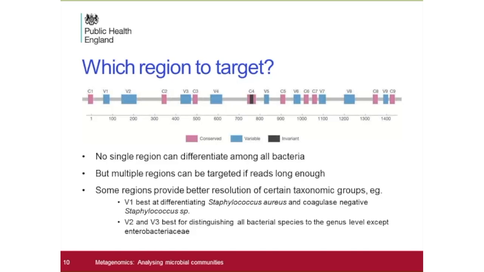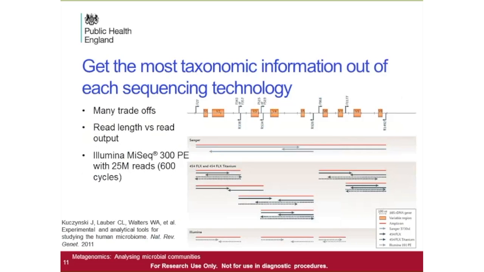And similarly, each area does have its own bias and its own region where it can cover. So therefore, it is quite important to get the most of taxonomical information out of a sequence technology. And as a result of that, being able to cover more than one variable region is vital. Regardless of which technology you are using, you do need to be able to combine sequence data concatenated from various amplicons within that. And for example, here I'm showing you on top, it's the Sanger-based standard sequencing of the 16S genome,